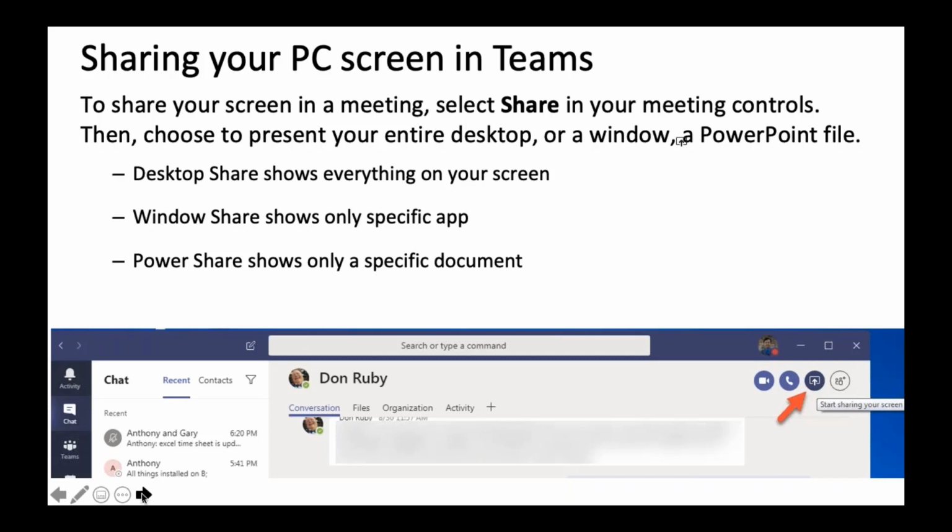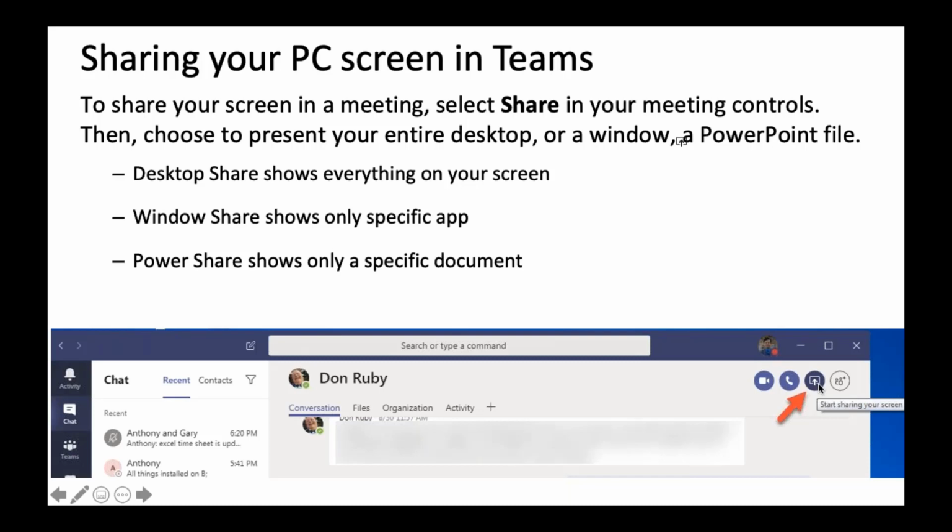I think the other thing, the next part I want to show you, is you want to share your screen with each other. Let's say you're working on a presentation or a proposal and you want to share stuff with each other, you can share your screen. So I can share my screen with someone else in the company. I click on here to start sharing my screen.